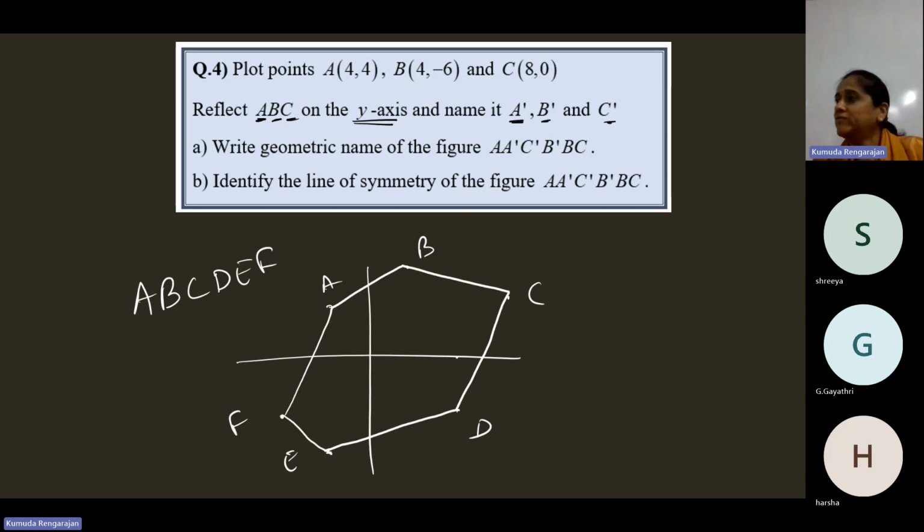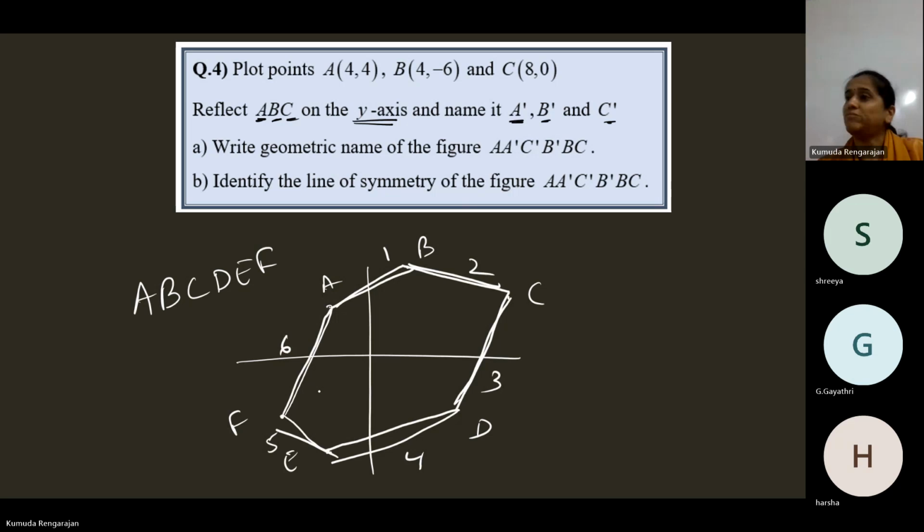So write a geometric name for this figure. So how many sides are there? AB is one side, BC, CD, DE, EF, FA. How many sides? 6 sides. What is it? Hexagon. It's a hexagon. Okay, so 6 sides. See, if you have 6 vertices,